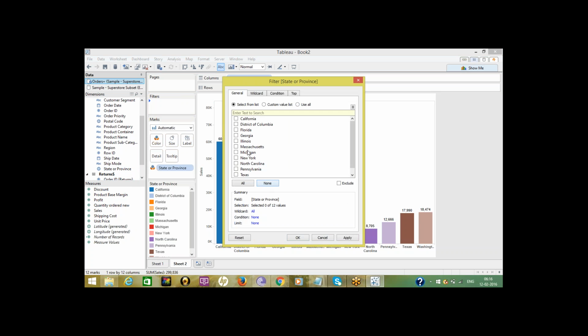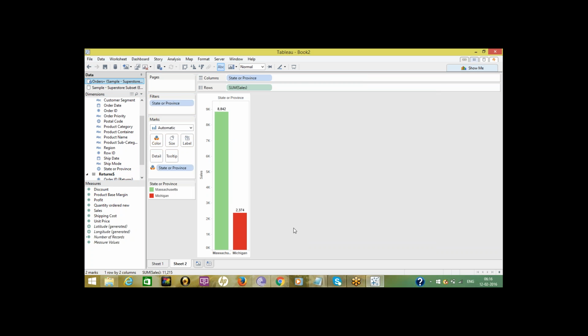Now I want to select only the names starting with M, only these two, like that, from the filter shelf. Now we'll see in detail.